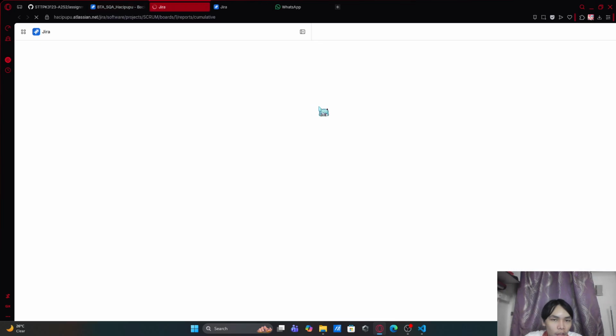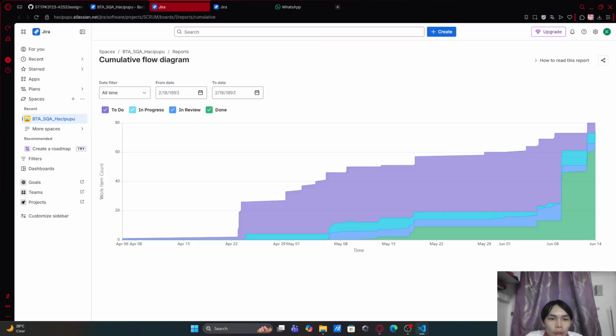And next is the cumulative flow diagram. This diagram is used to observe how the work moves across the workflow statuses, such as to do, in progress, in review, and done. So when we view this report, at the beginning we have created many tasks. From here we can see there is a high distribution for tasks to do, and then moving to the